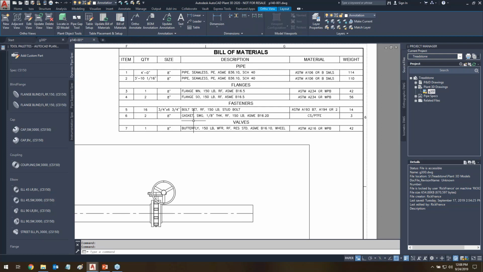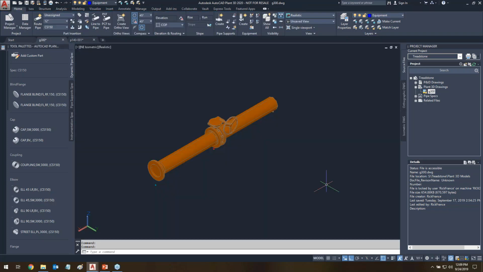So that's the first thing. Also, being that this is a wafer valve, it should just have one stud bolt going all the way through from one side to the other, and right now it's giving me 16 of those bolts instead of just one set of 8 for the size of this valve. So that's the type of stuff I want to be able to